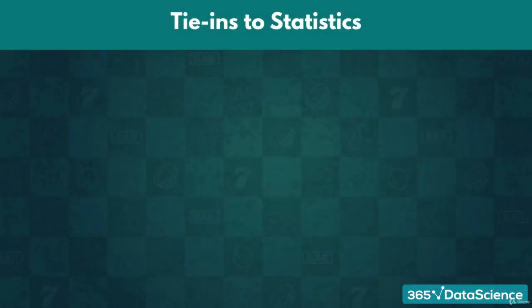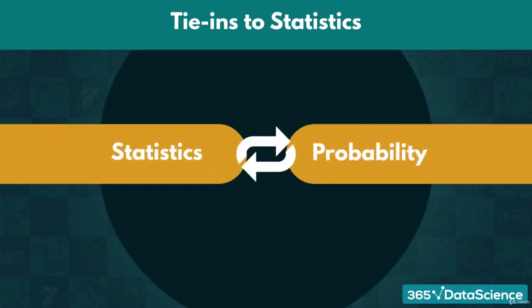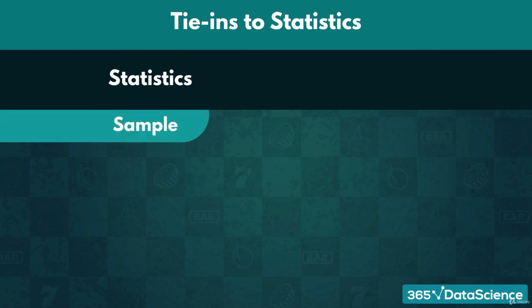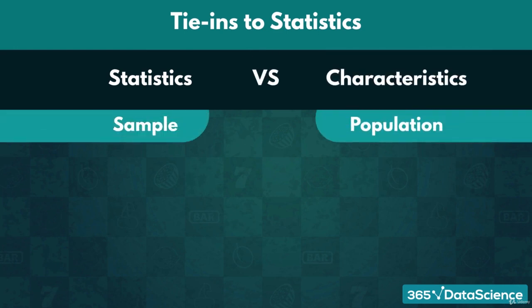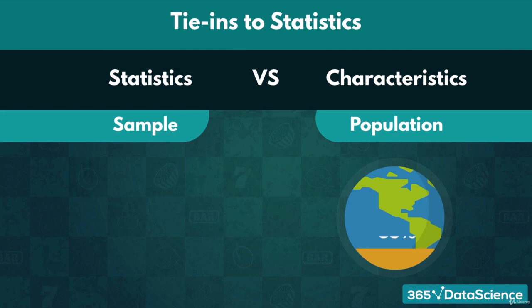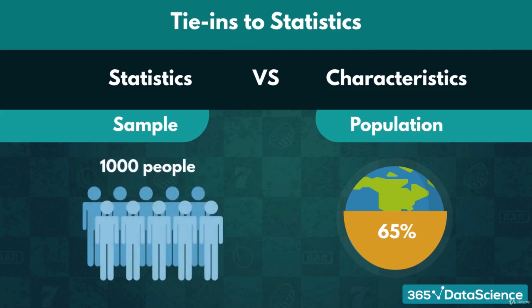Hello there. In this part of the course, we are going to discuss the relationship between statistics and probability. The term statistics is the sample equivalent of characteristics for a population dataset. Say, if we somehow manage to record the eye color of everybody in the entire world and 65% are brown, that is a characteristic of the human population. However, if we make the plausible and much more reasonable choice of looking at maybe 1,000 people, then if 60% of them are brown-eyed, that is a statistic.